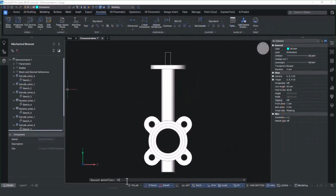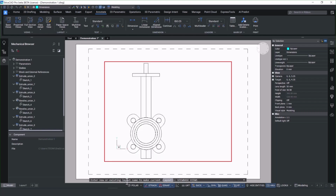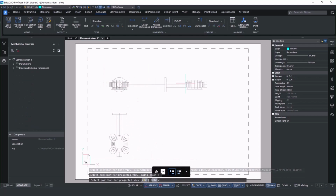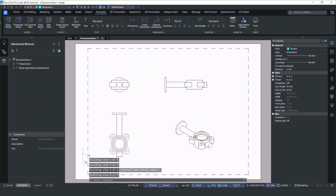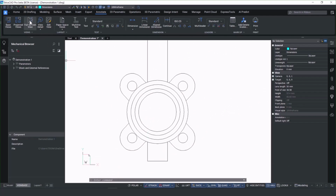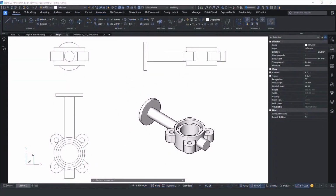You might hear us say the fastest way to 2D is 3D. So now we've got this solid model, we can use the newly enhanced view-based command, which works in the background to generate the views. And the cool thing is with this, in the 2D environment, you can create projected views really quickly. And the downstream benefits you get from this is once you've got the drawing views in the 2D space, we can actually start looking at interrogating the model in a lot more detail to learn more about the